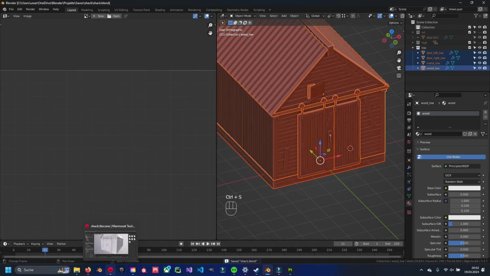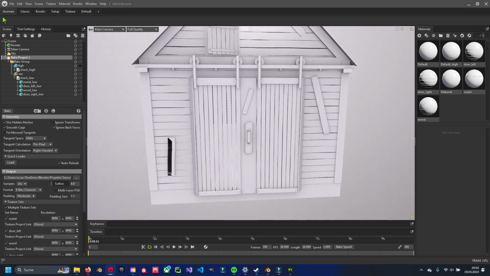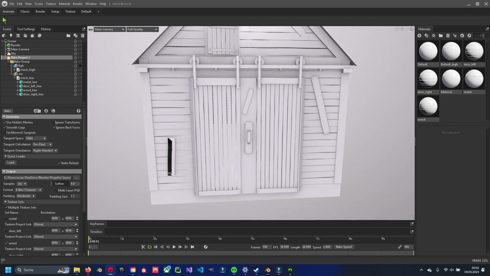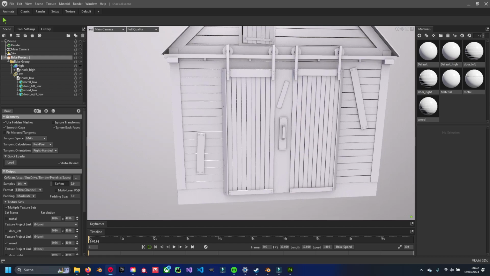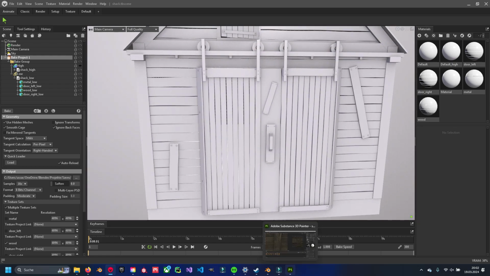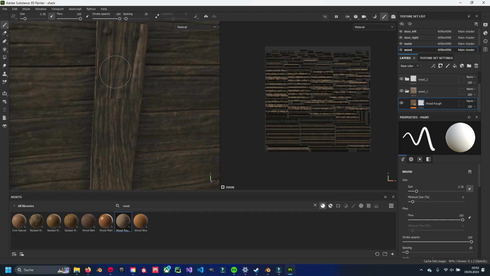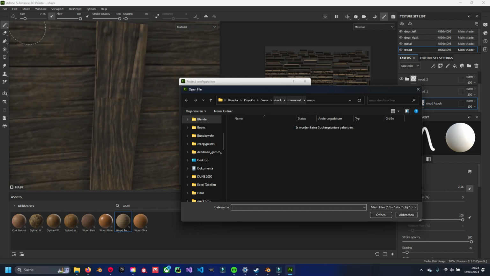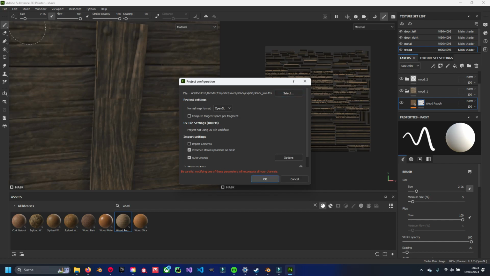Export it, go back to Marmoset Toolbag, let it load, go to the texture sets, deactivate the metal, door left, door right, just the wood, go to bake. So Control B to bake, it's looking good so far, save it, go back to Marmoset Toolbag, and now we have just to go to edit, project configuration, select on file the newly exported low, click on OK,